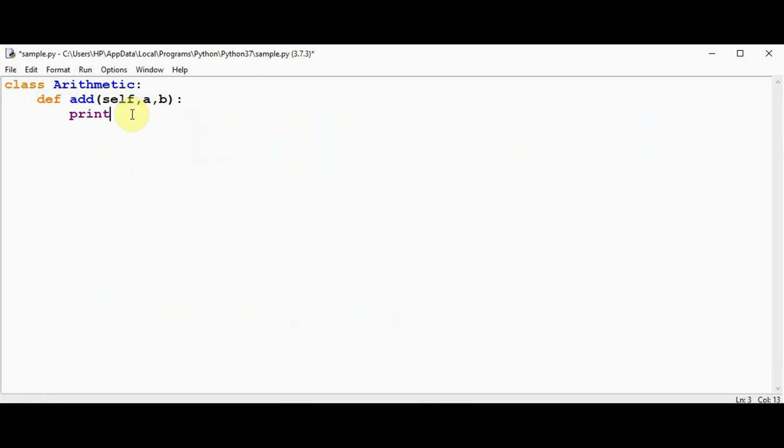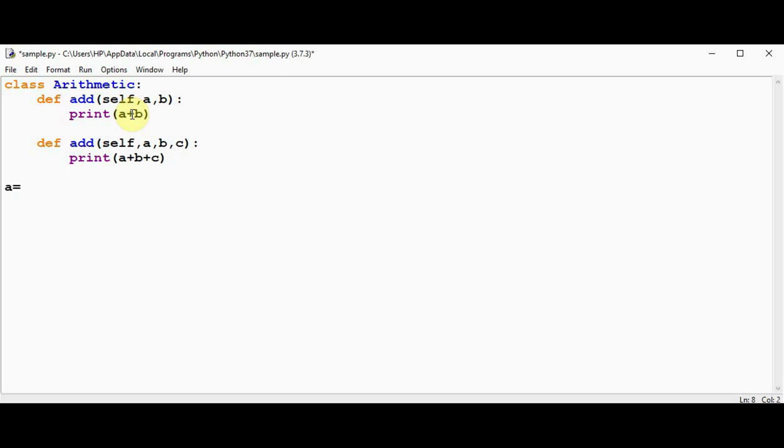Well, you are passing two arguments, I am just adding a and b. Now we are trying to overload this method by adding one more argument, and we are printing the sum of all these three variables.